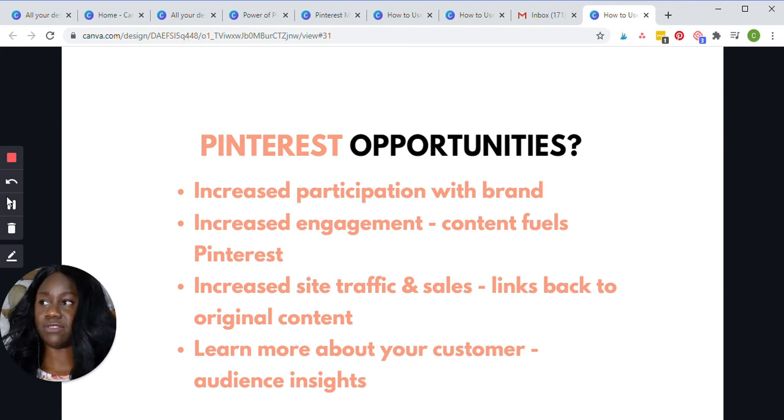Or if they type in a certain keyword into the search engine, it's going to preferably rank your content high. This is how you get increased engagement with your content. You're going to get increased site traffic and sales because everything on Pinterest will link back to its original piece of content. And people are going to learn more, or you're going to actually learn more about your customer because